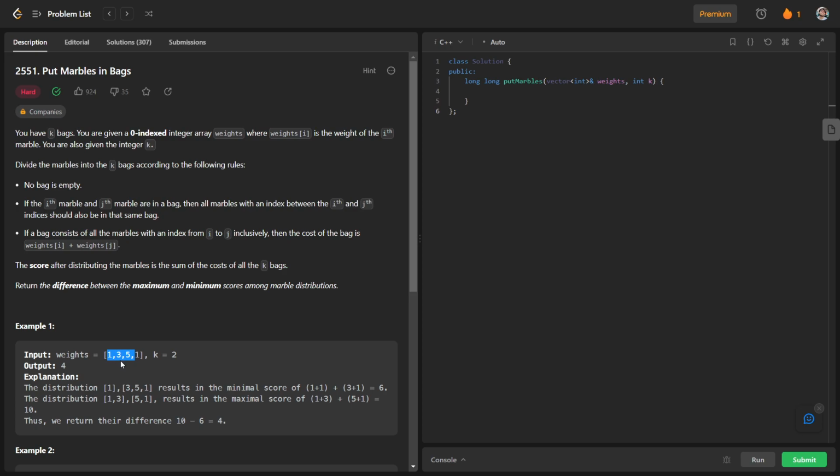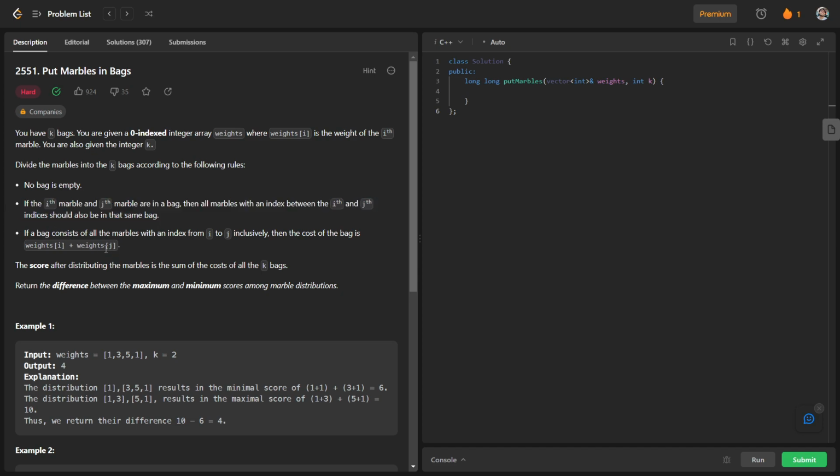We cannot just choose any random marbles and put them in the same bag. We have to make a consecutive subarray. Like this, you can see that this is a consecutive subarray, and we have to put all marbles in this subarray in the same bag. Okay, this was the meaning of the second rule.